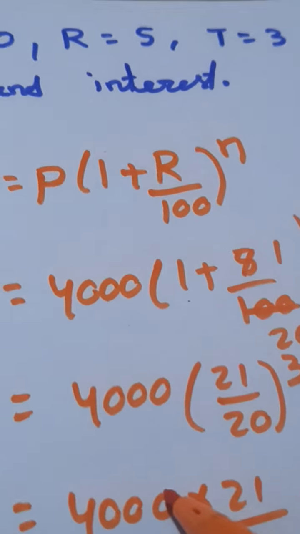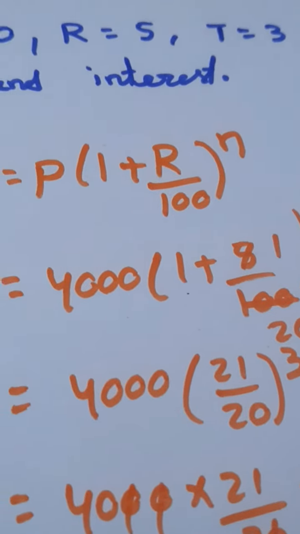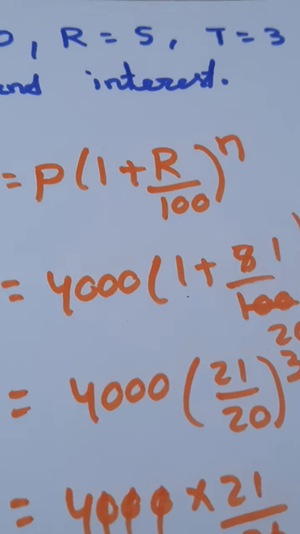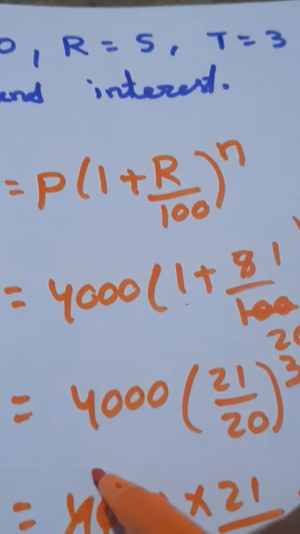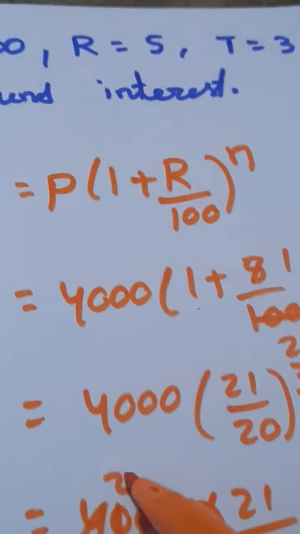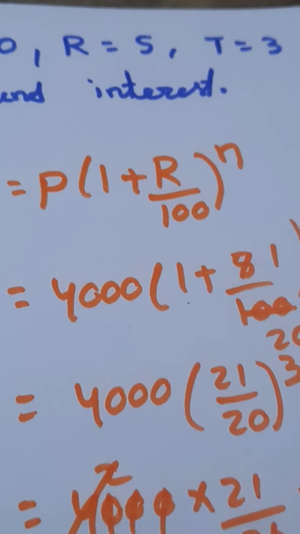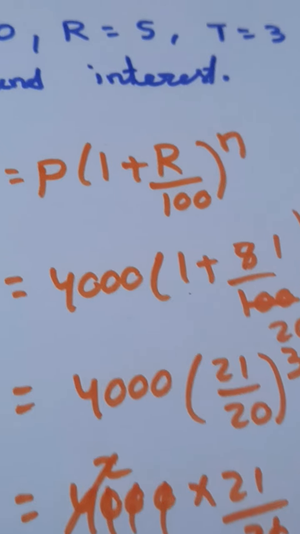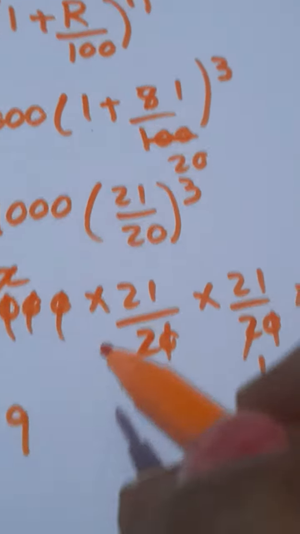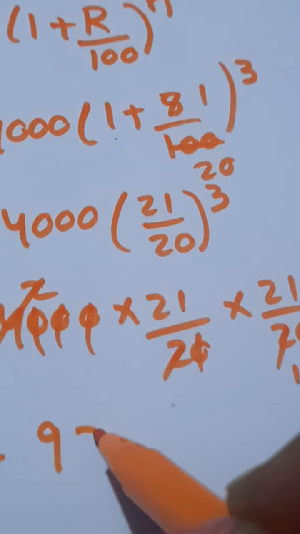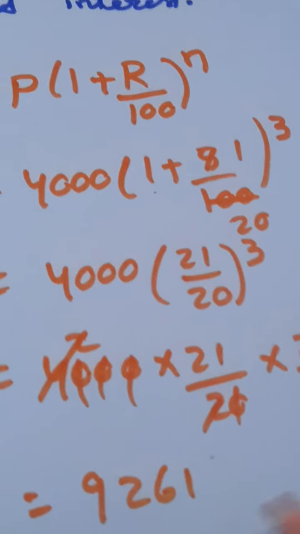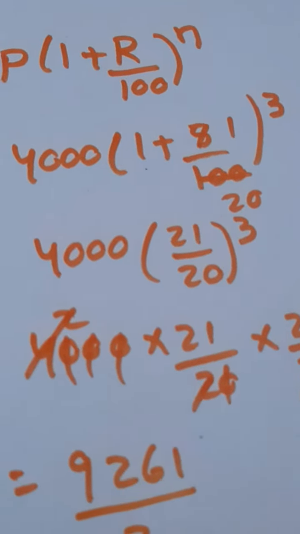We are going to simplification. Zeros cancel, 2 ones are 2, 2 twos are 4, and so on. Okay, so we are getting 21 into 21 into 21. Okay, this is 9261 by 2. We are getting